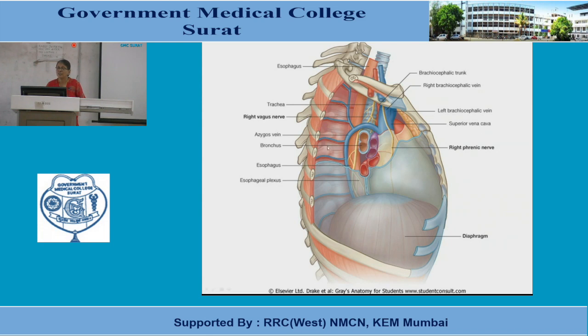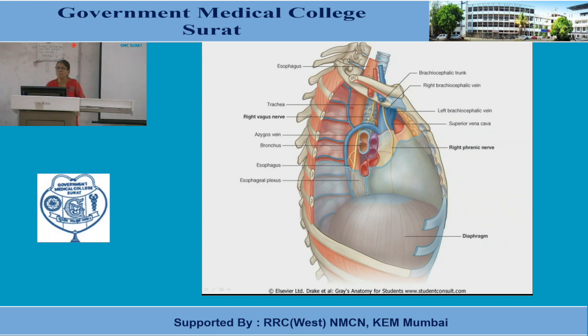Right? And what else do you see in this? You saw the veins. Look, what is this blue colour? Here you can see the esophagus in the posterior mediastinum, right? And what is this? It is the right vagus, now on the right surface of the trachea. It will stay here. This is in the superior mediastinum. Since this is the trachea, which mediastinum is this? Up to here, this is the superior mediastinum.